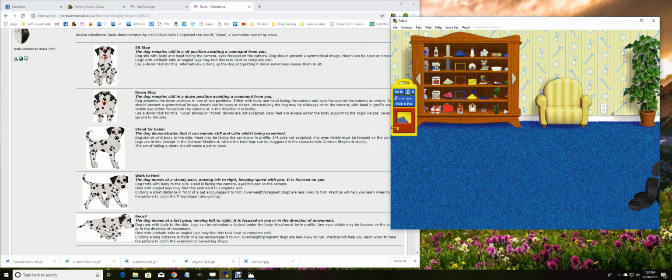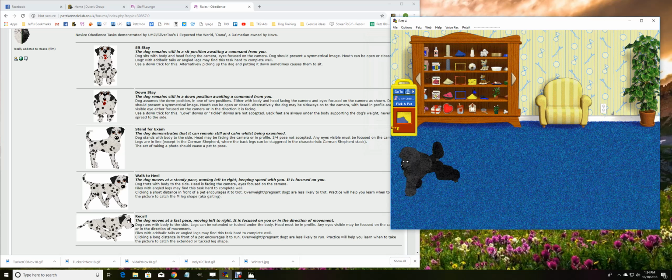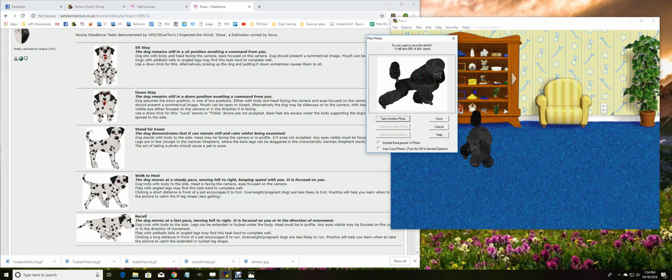Oops. I missed. Come here. Help if I could get my timing right, huh? And she might not be a great file to show you guys on too, because her legs are, I don't know, they're not reaching very far. Anyways. But anyways, let's, come on, girl. Be cooperative. So that's kind of the walk. I mean, it's a bad example, but